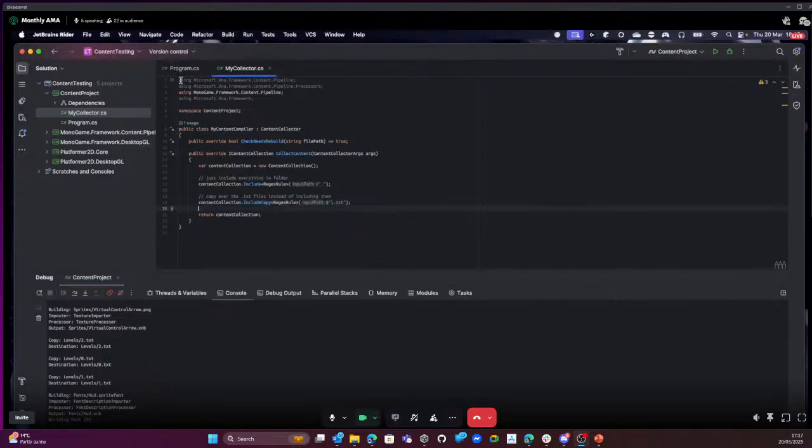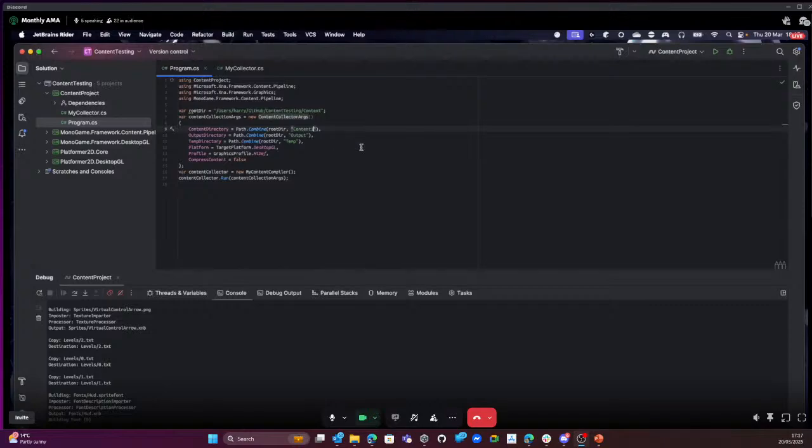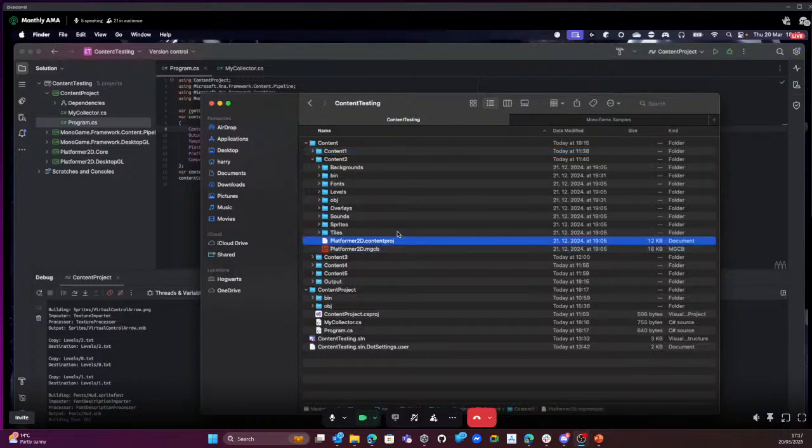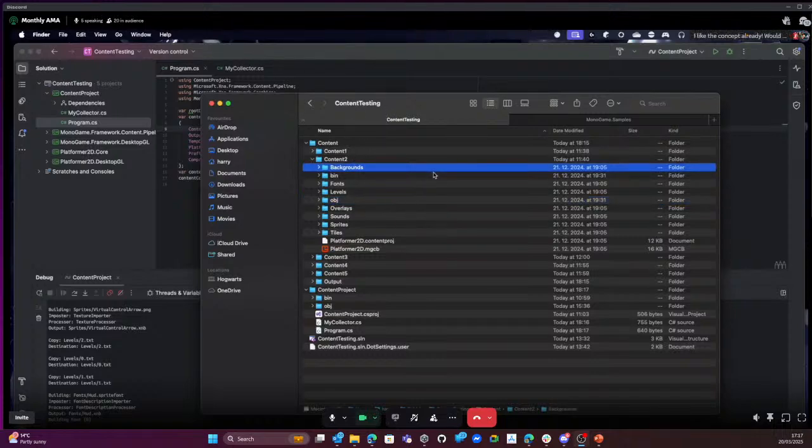Next up, I will switch us over to the content2 folder. In the content2 folder, it's the same samples platformer 2D sample, except in this case, we also have the bin and obj folders and the mgcb and contentpro files. These are what you would expect with the current setup, and maybe for some reason you want to have both